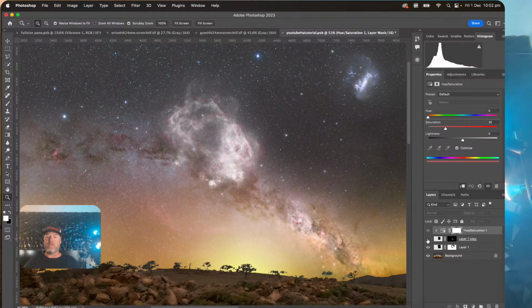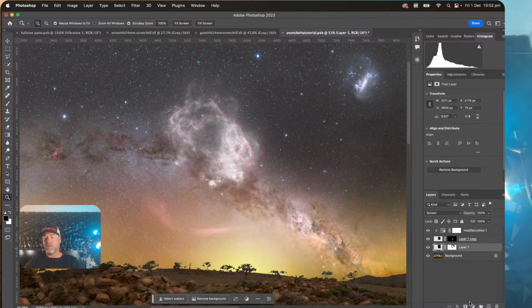So what you'll see if we turn this on and off is we've added that little bit of hydrogen alpha there, and we can actually use the saturation slider here to add as much color to the hydrogen alpha as we want, or we can change, you know, the lightness of it. And if you go too far, it starts getting out of control. So yeah, you can be really particular about how much you want to add in and the look that you really